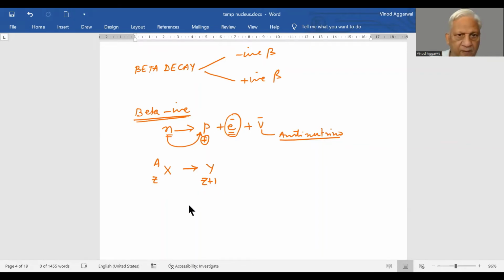And the atomic mass number remains the same. So if you want to find the energy released in this process, what is the initial mass and rest mass? Initial rest mass is